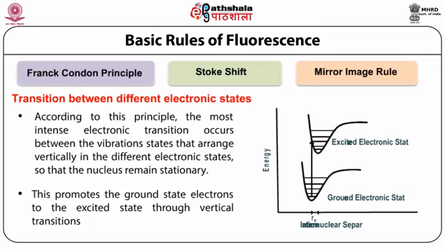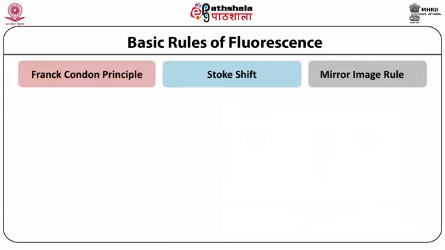This promotes the ground state electrons to the excited state through vertical transitions and plotted as vertical lines in the figure. Stokes shift. In this process of luminescence, after absorption of incident light, the electron goes to an excited state